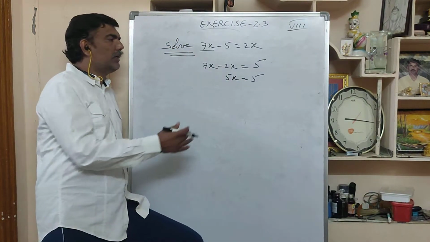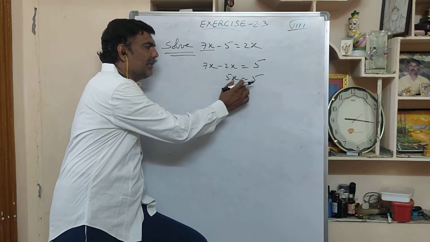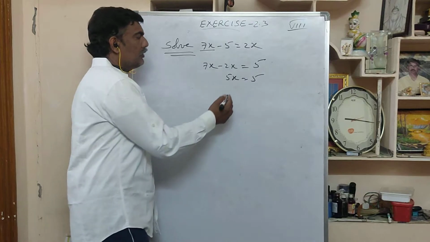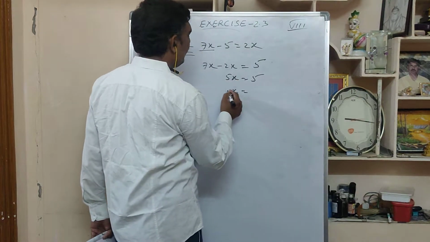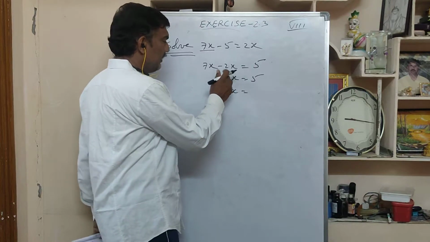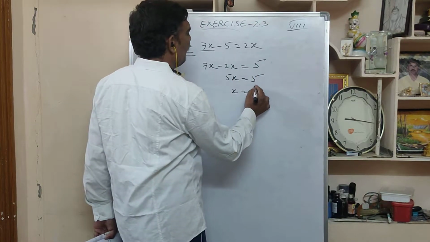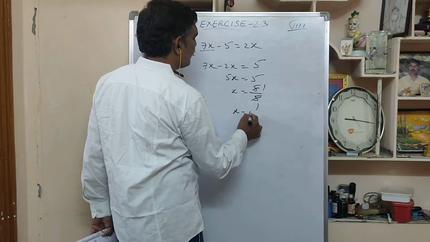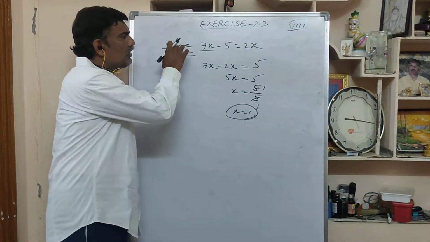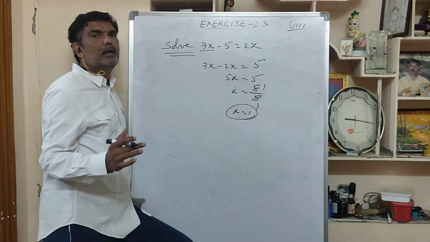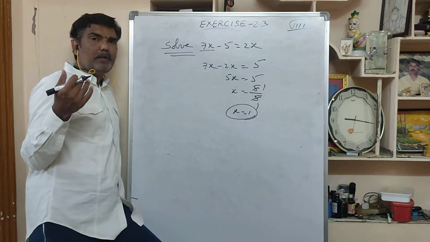Here also it is the same. 5 chocolates cost 5 rupees, and I want the cost of 1 chocolate. So x will be here only. 5x means 5 into x, 5 is multiplied to x. Bring 5 to this side. 5 divided by 5, if you cancel, you get x is equal to 1. So solve means you should do the problem until you get the value of x.